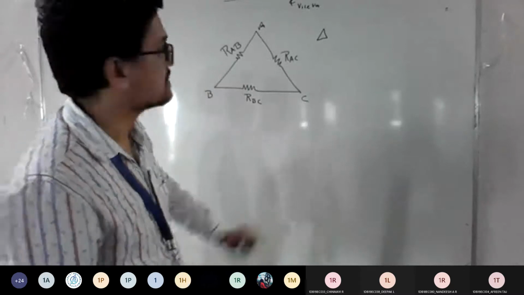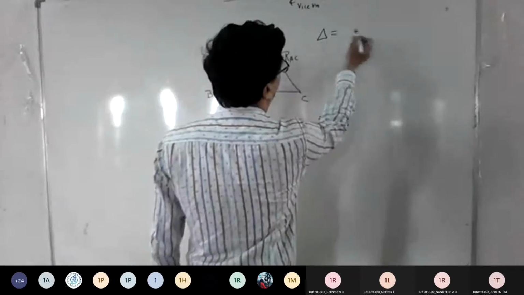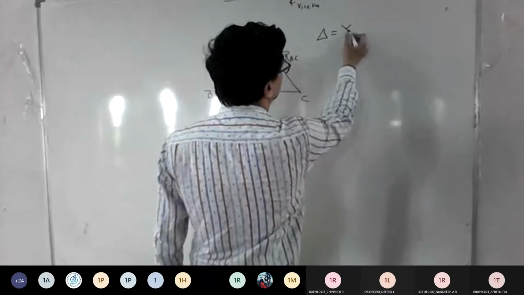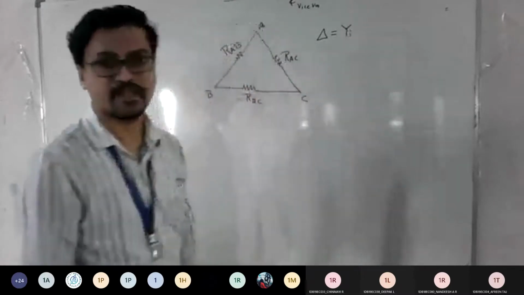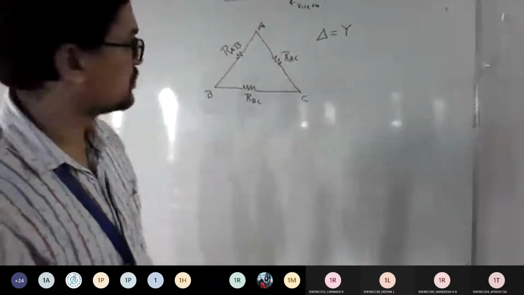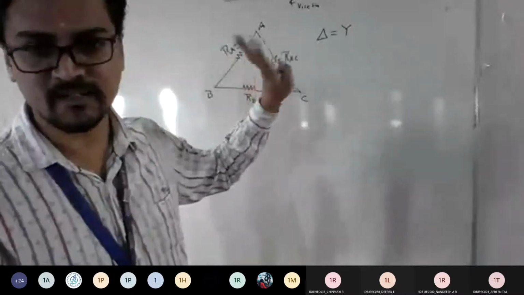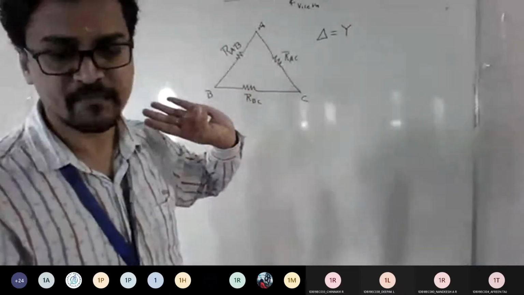Yes, sir. Yes or no? See, this is delta. I want this to be converted in the form of star. So star means it is like this, like a Y representation or star. Okay, so now I need to incorporate the logic of my delta to star conversion technique to get the answer